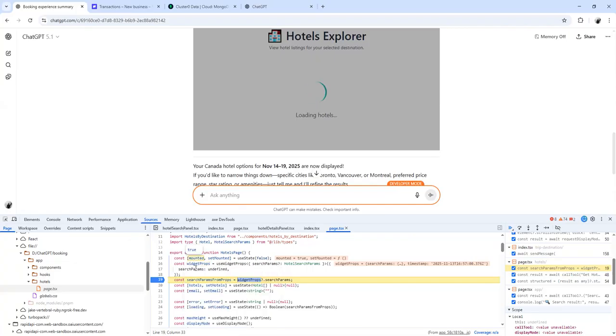In this page TSX file, we receive the form data as properties, as props.